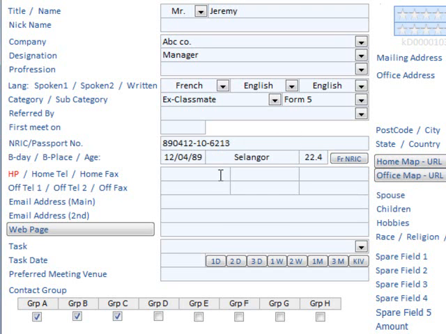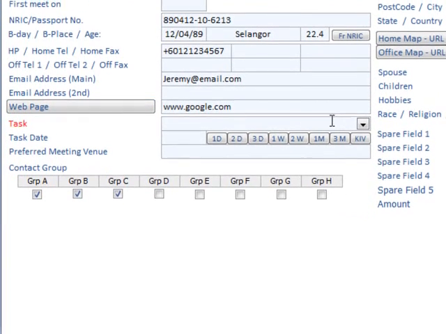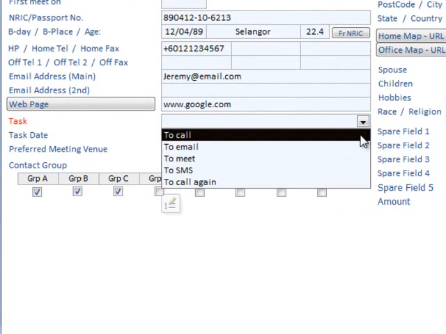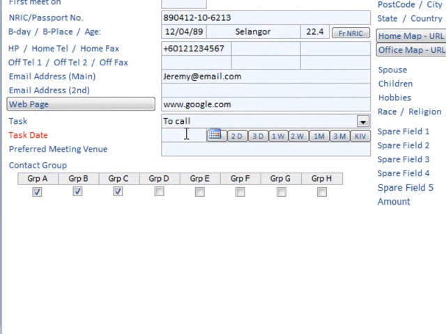For your client's handphone number, be sure to key it in the international number format, which starts with +6 followed by the handphone number, for example 012-123-4567. After you've keyed in their email address and their web page, you can simply access their web page by clicking this button here. Next, you can select a task for them from this list and select a task date,